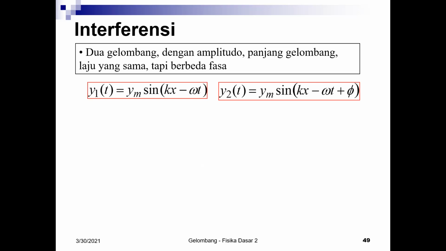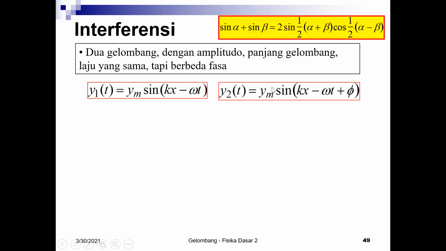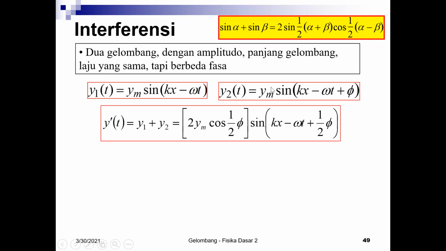This, for example. Okay, so this is the example. This Y1 is equal to this one, and this Y2 is this one. Okay, the difference is the phase. So what happens if we superposition, we sum these two